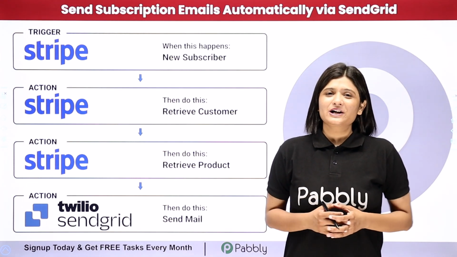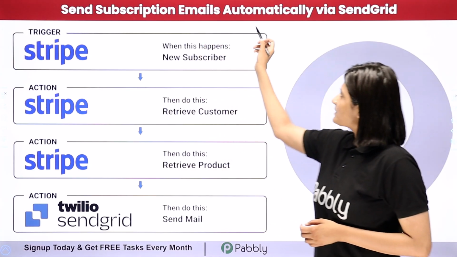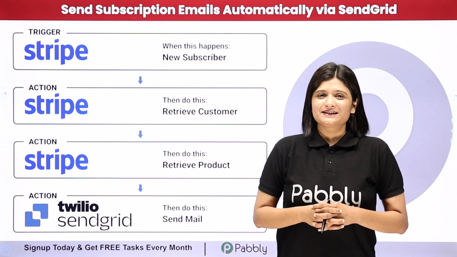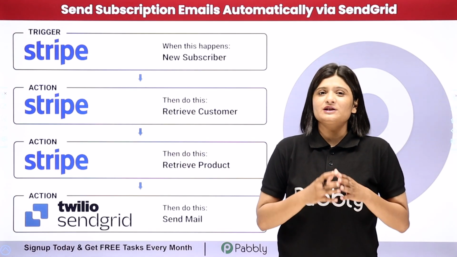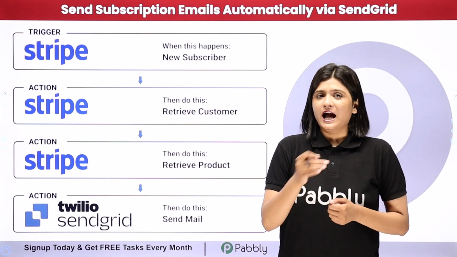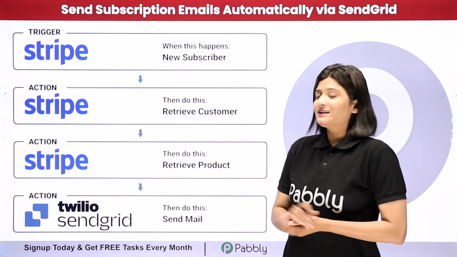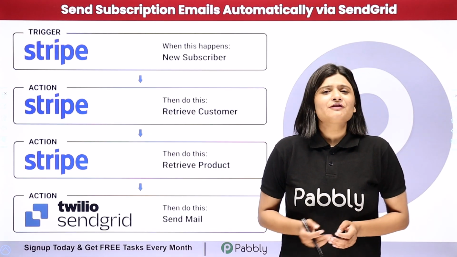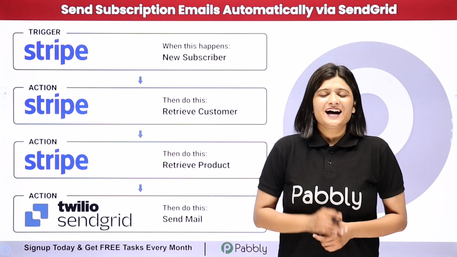In this video, we are going to learn how to send subscription emails automatically via SendGrid. So let's suppose I'm running a business and I'm receiving all my subscriptions with the help of Stripe. I want that whenever there is a new subscription added, I should automatically send a custom mail. Doing this manually will consume a lot of my time, so I've completely automated this process, and to do this